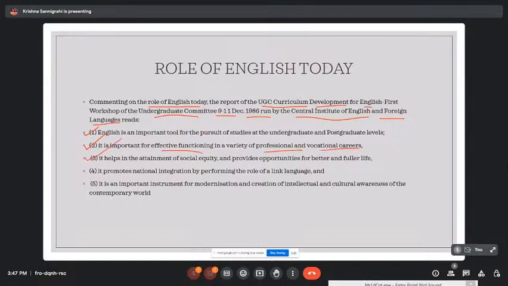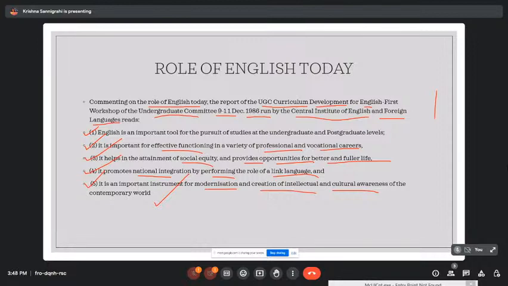It helps in the attainment of social equity and provides opportunities for better and fuller life. It promotes the national integration by performing the role of a link language. It is an important instrument for modernization and creation of intellectual and cultural awareness of the contemporary world. So this is how the UGC Curriculum Development for English first workshop of the Undergraduate Commission, 9 to 11 December